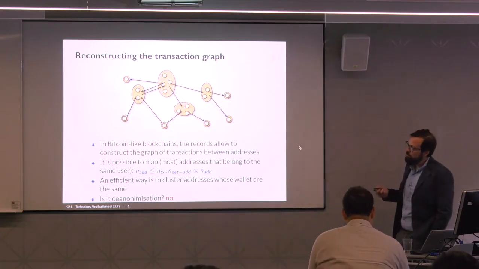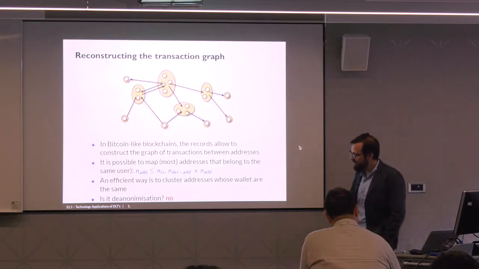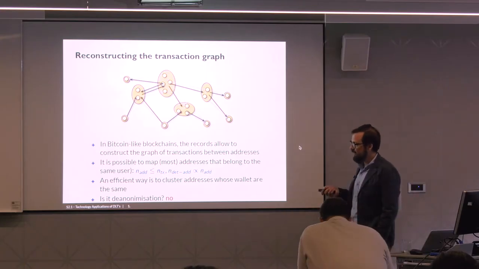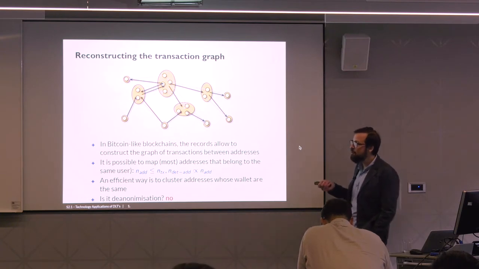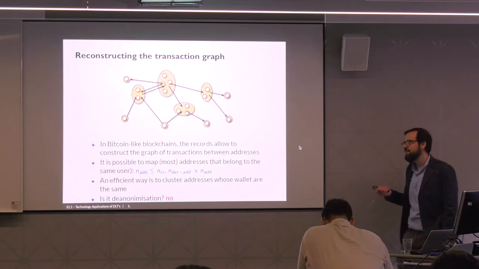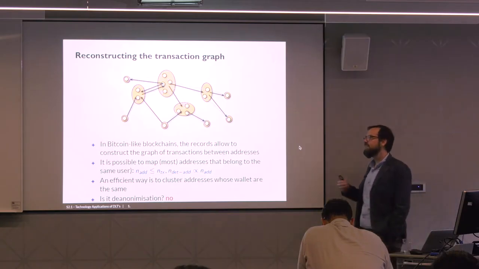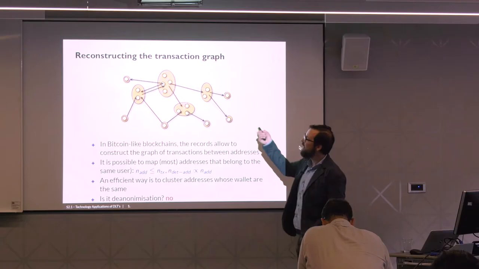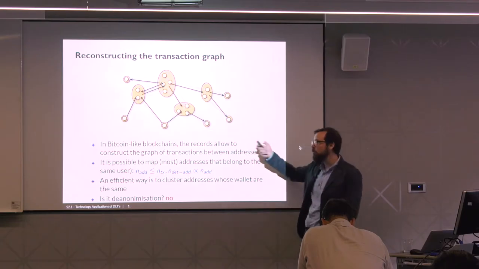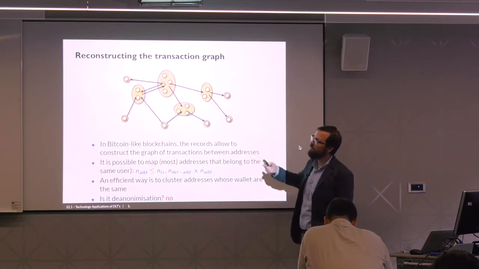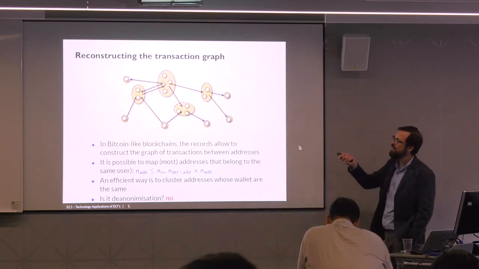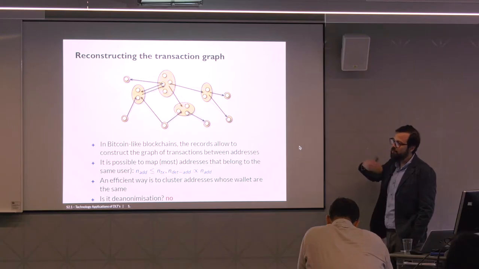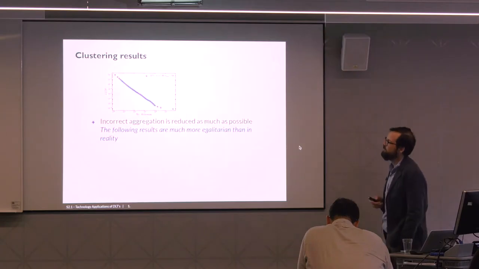There are multiple ways in which you can do this. There are techniques that allow to do incredible amounts of things, but doing this kind of process does not mean de-anonymizing the network. It only means understanding which is the set of economic entities that are active inside of the system, but there is no way to link this bunch of addresses to a wallet inside of a specific computer, because we only know information about the public keys that are inside of the system, but nothing else.